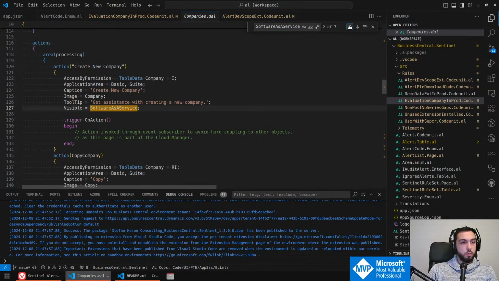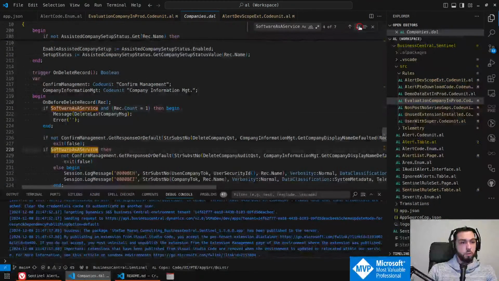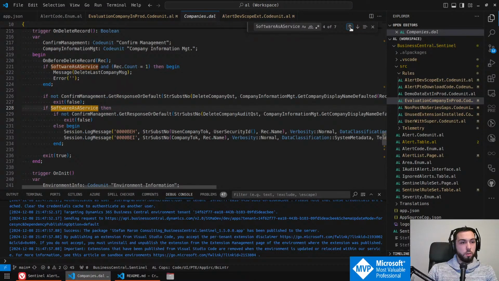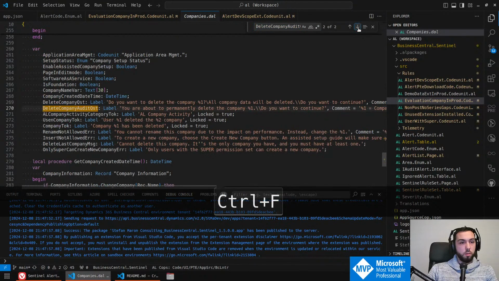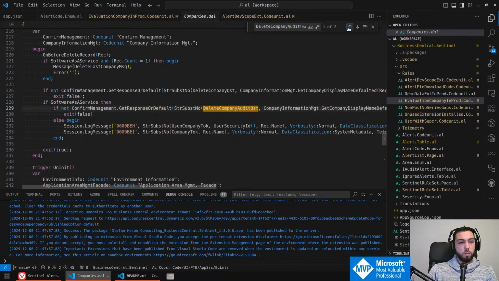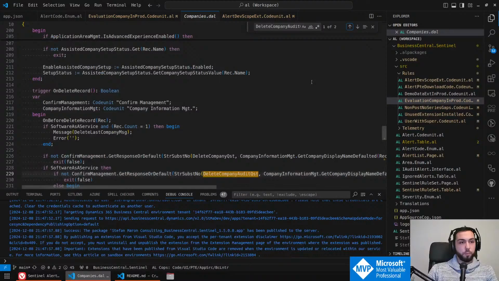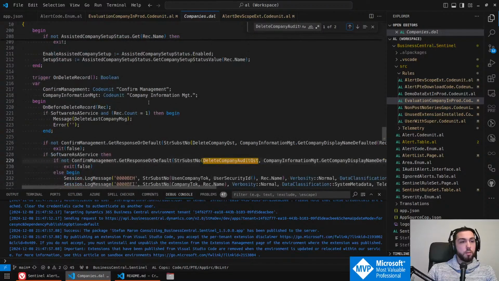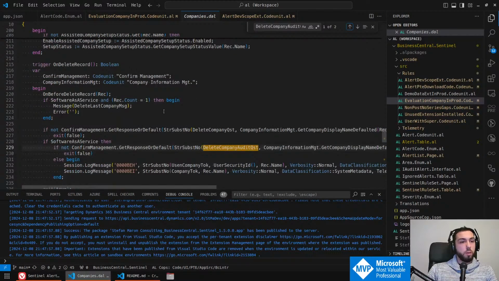Software as a service. Oh, if it is SaaS, then you're about to permanently delete the company. Do you want to continue? This is so annoying. Why is this on the page? And not even in its own function. I mean, I could reuse this,